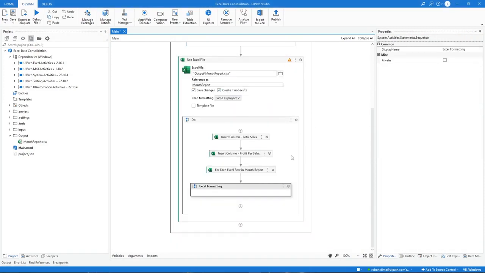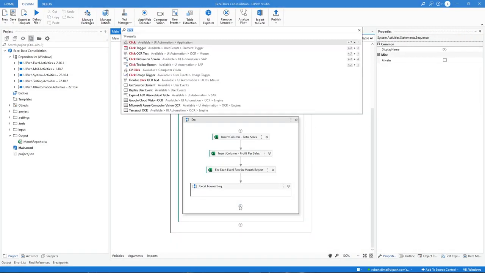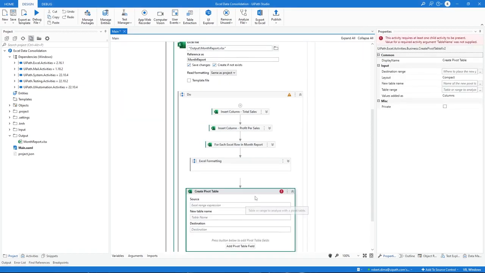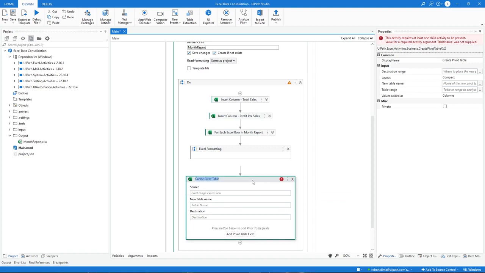Next, we'll move on to creating a pivot table by adding the Create Pivot Table activity. Create Pivot Table activity automates the process of creating a pivot table from a data source. The activity typically involves selecting the data source range, choosing where to place the pivot table, and selecting the fields to use in the pivot table. Let's configure this activity. Our source file is